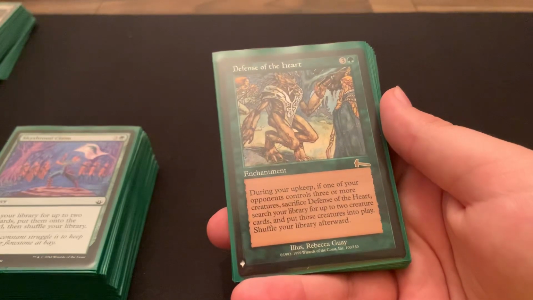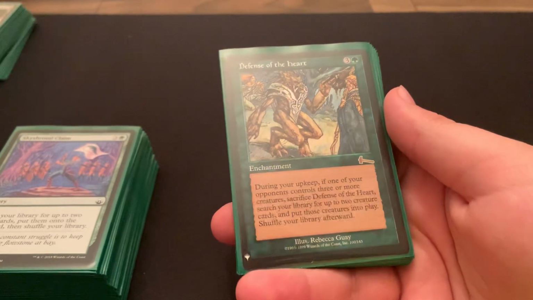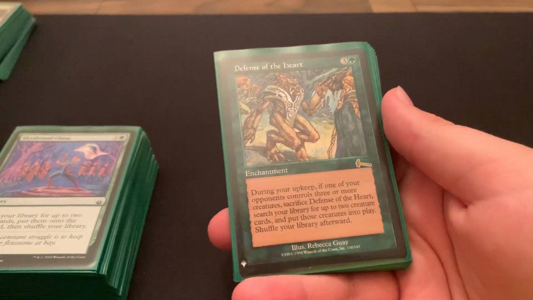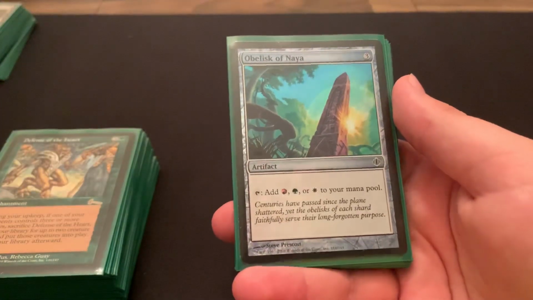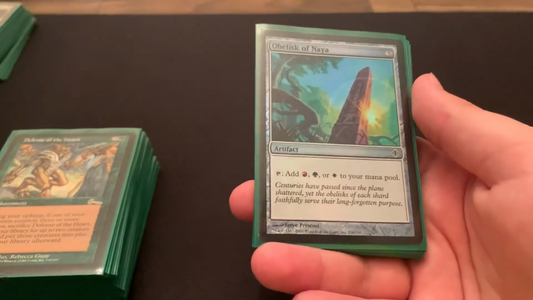So, yeah, 4 mana for any 2 creatures just on the field seems good to me. Obelisk and Naya, you just saw. I'm playing Naya. It's a ramp,